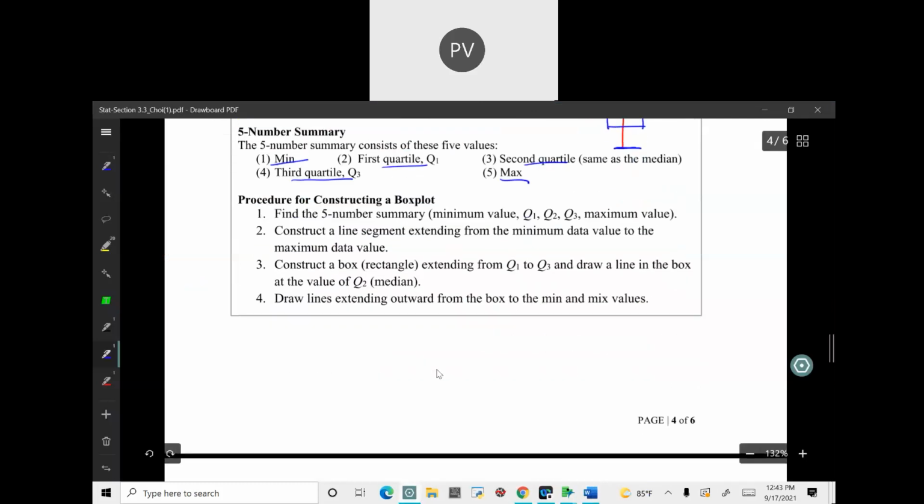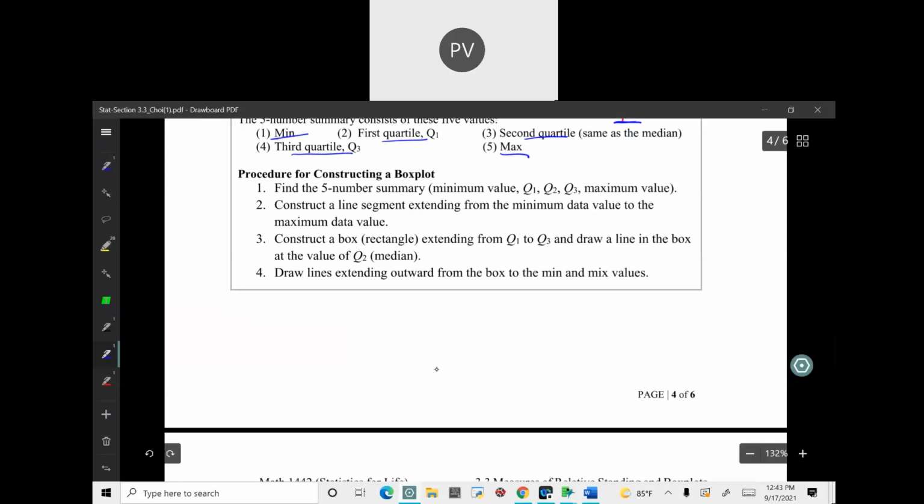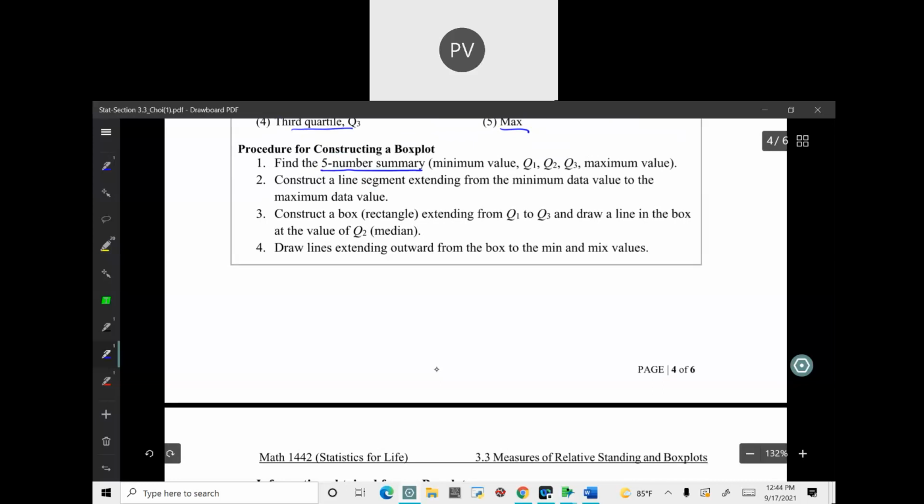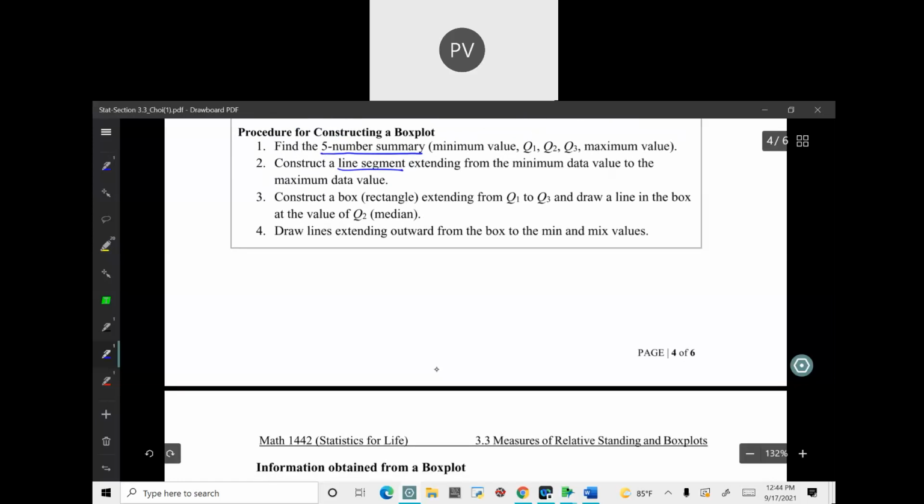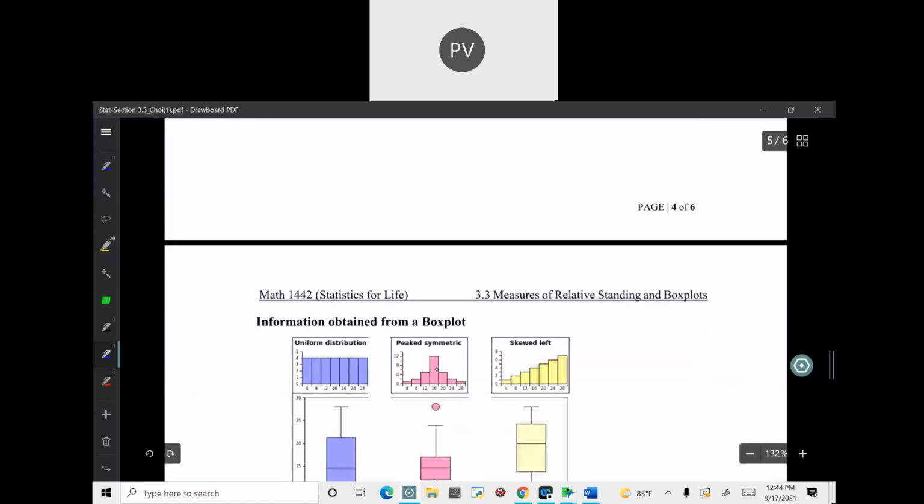Now, how can you construct a box plot? We can do that easily by JMP, but if you do not have JMP, how can we do that? By hand. So first you need to find the five-number summary, which is maximum, minimum, Q1, Q2, and Q3, all these five values. And then you are going to draw a line segment, and then you are going to mention the minimum value and the maximum value. And then you will draw a box from Q1 to Q3 and then denote the median. Let's see this with an example.